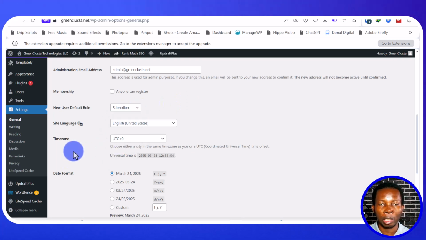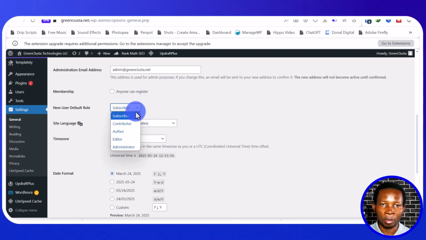Now, if it's an e-commerce website where you are using something like WooCommerce, you are going to have other roles here, like shop manager and other things. If you also have some other features on your website that require user roles, you are also going to find some additional roles here. I'm also going to show you how you can add some custom user roles,